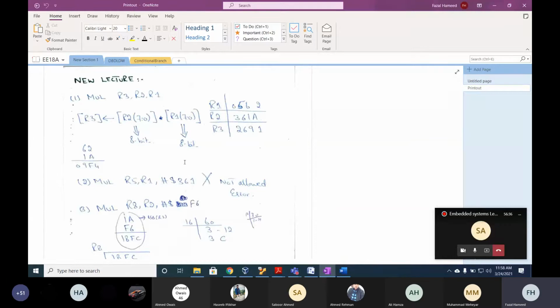Now, let's assume I'm writing if x is greater than 5, so what are you comparing now? Let's assume you have an if statement, and within it you write if x is greater than 5, what are you comparing? You are comparing x with 5. So within the assembly instruction, you will do something like this: compare R3, hash 5, because for 5 you will use immediate addressing mode. Understood?